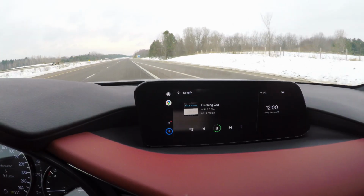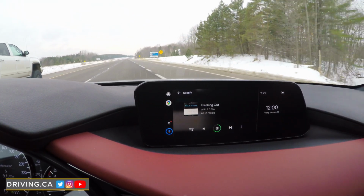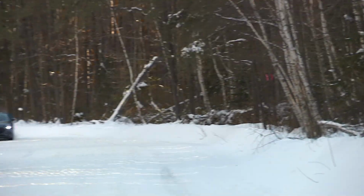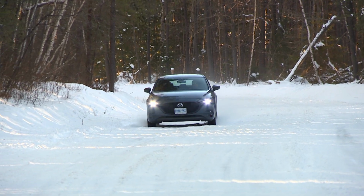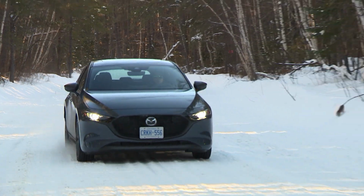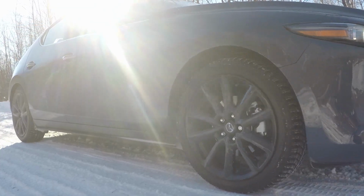In all, a very smooth and well-behaved powertrain with a load of power in its back pocket that's never in your face, but also never hard to stir into action. And when the going gets slippery, well, you're the boss of the Mazda 3 Sport GT in the snow. Drive gently and with a light foot, and the all-wheel drive system extracts maximum traction from the road beneath with